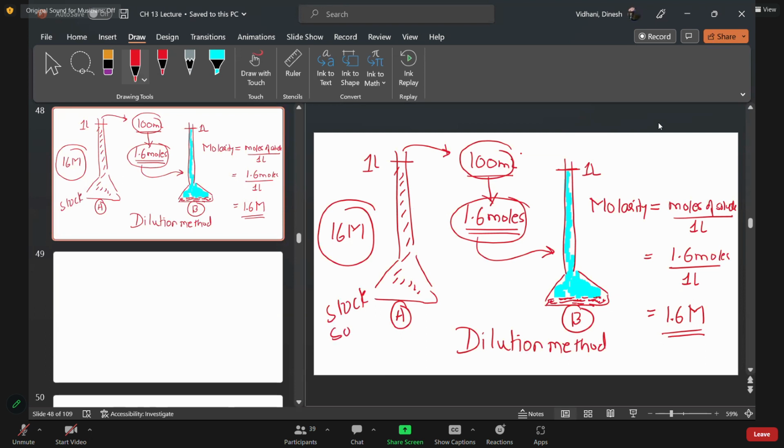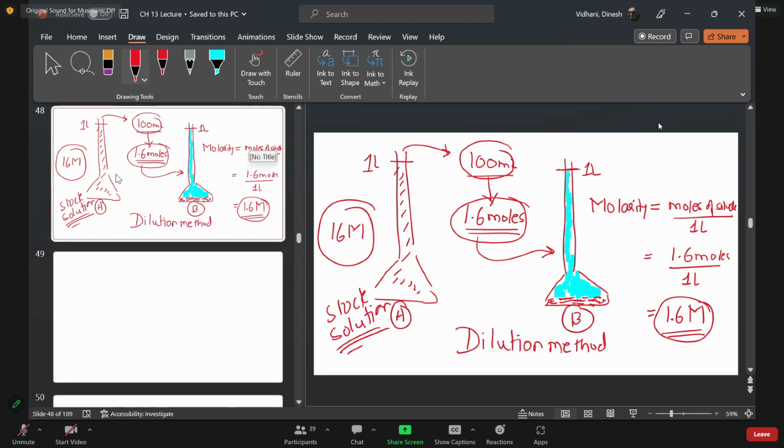So stock solution is always a concentrated solution. And then you can prepare as many dilute solutions as you want, as long as you have the stock solution with you. So I can prepare 1.6 molar solution of nitric acid right from my stock solution, or in that sense, I can prepare any molarity which is less than 16 molar using my stock solution, right? Now,